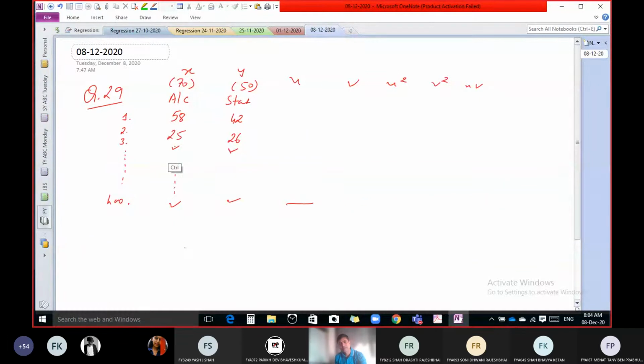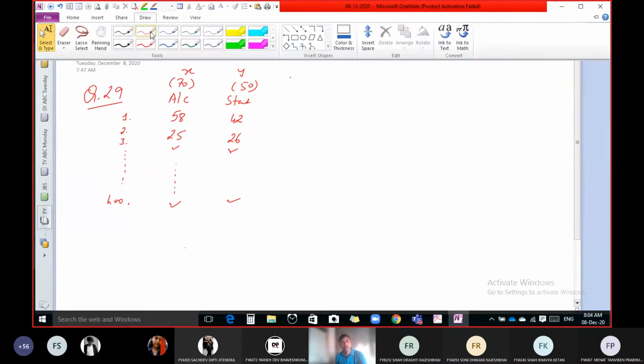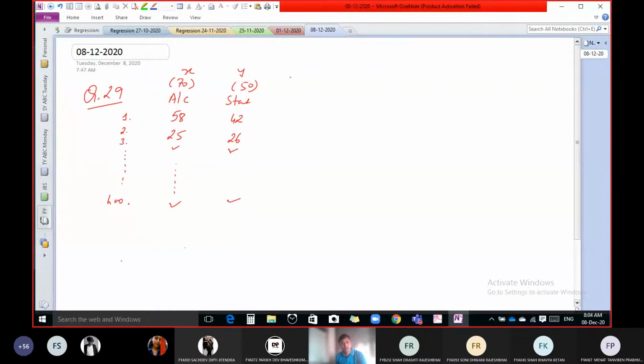The value of n is very large. Perfect answer. The value of n is very large compared to all previous questions. In all previous questions we have hardly 10, 12, 15 values, whereas here we have 400 values. And now for these 400 values, what do you need to do? You need to calculate different values of u, and you have to write 400 values. See your foolscap.